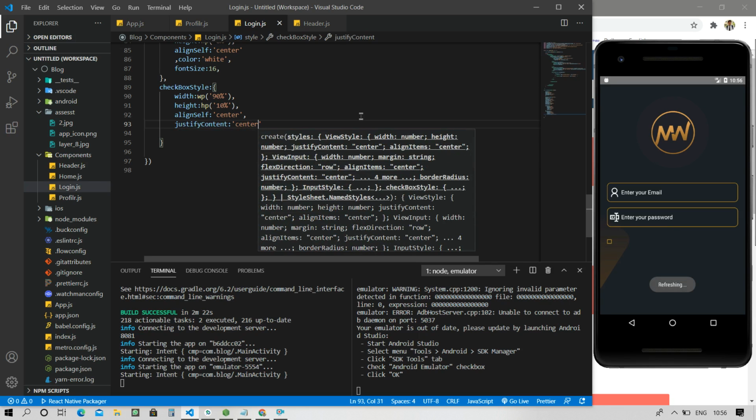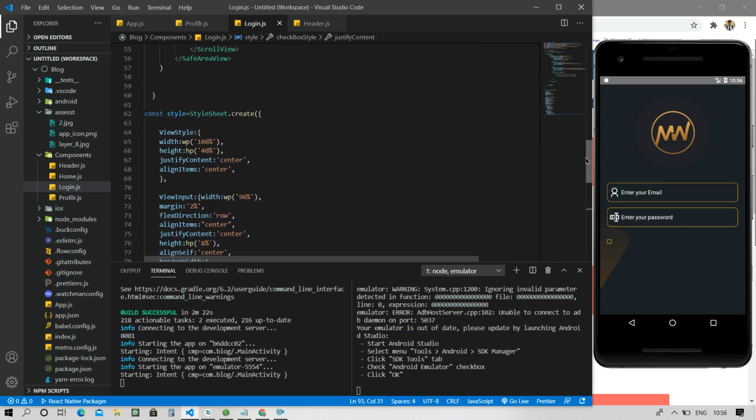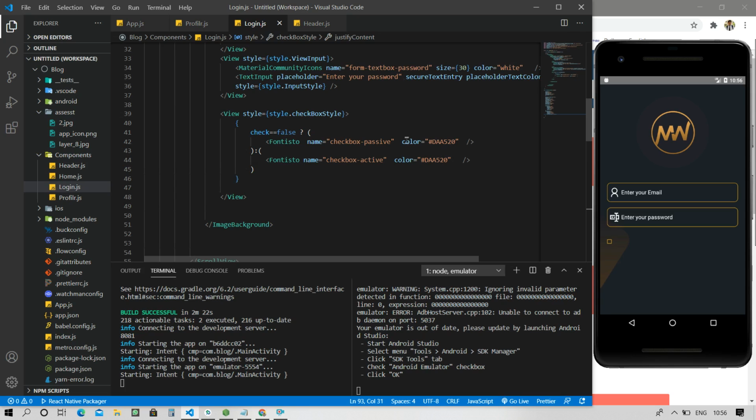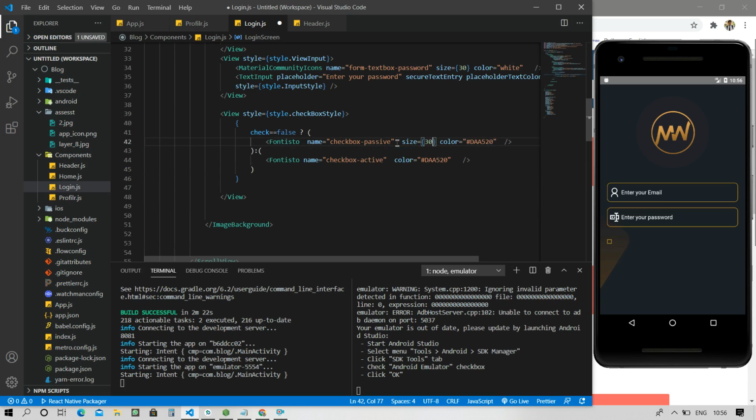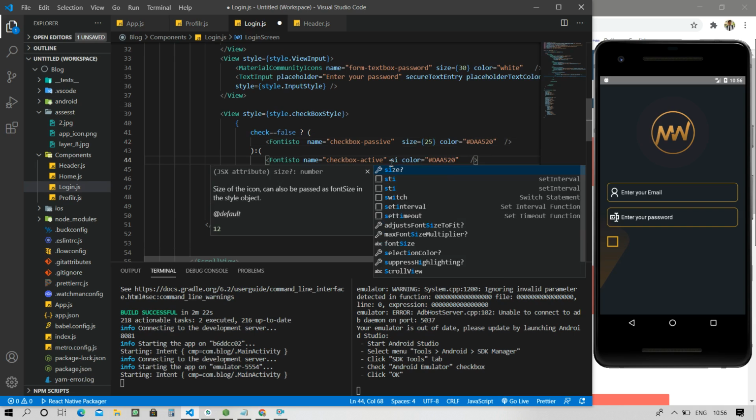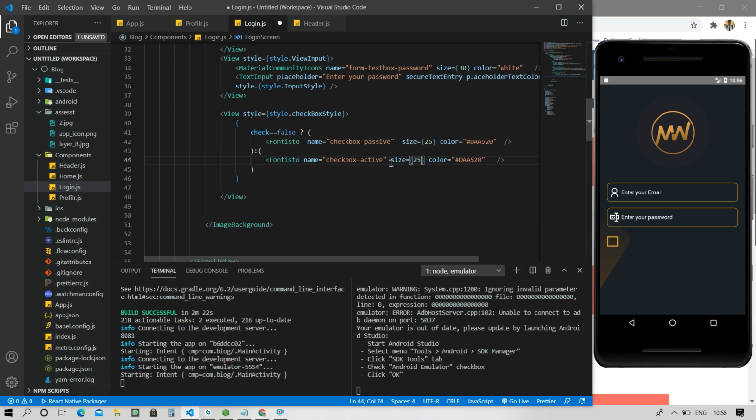Control S. You can see that it's appearing here and now I am going here and giving a size of 30. Now Control S. It's looking good but the size is very big, so you have to give 25. I am giving 25. Control S. It's looking good now.